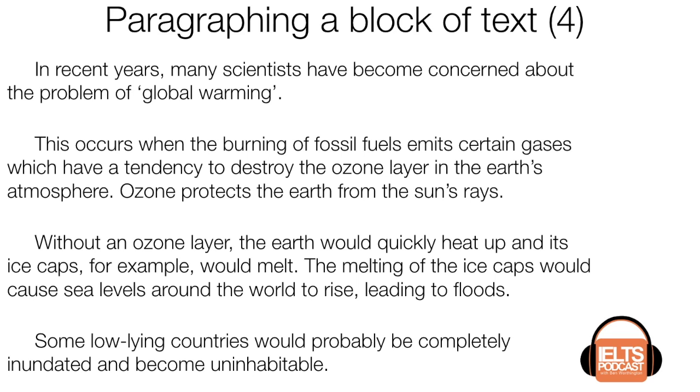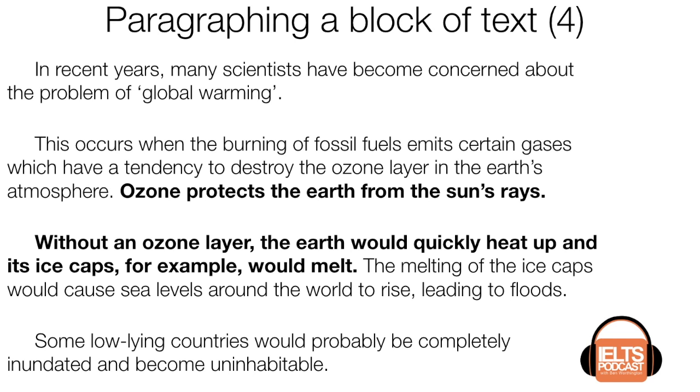Now, the topic of ozone in this example is spread over 2 different paragraphs. And to make it even worse, the last sentence is talking about ozone, then the first sentence of the next paragraph is also talking about ozone. So this is a complete lack of cohesion and coherence